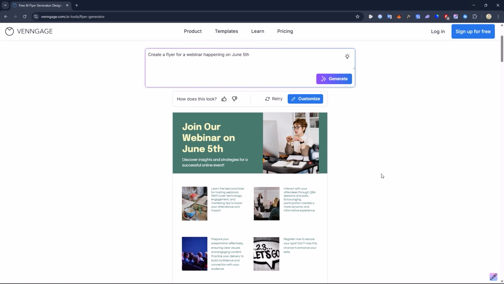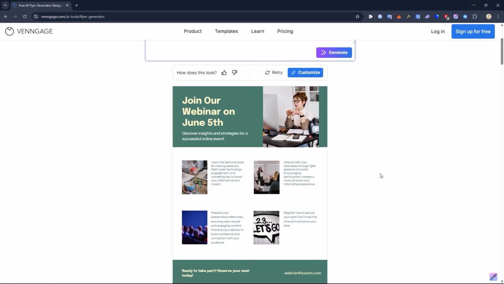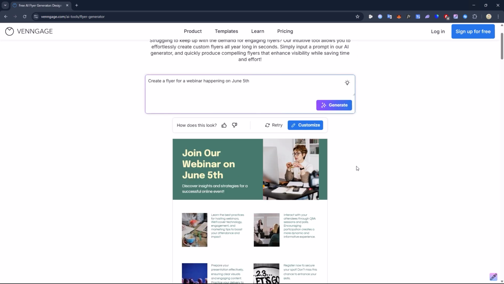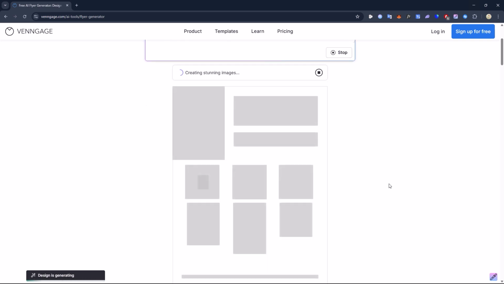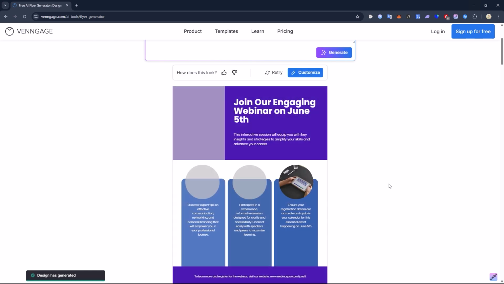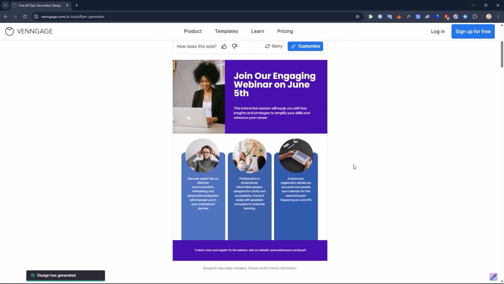So immediately, as you see, in less than 30 seconds, we have a flyer designed by the AI and it looks quite amazing. And if by any chance you didn't like the current design, you can just hit retry and the AI is gonna redesign another flyer. So let's just see the second design. So as you see, the second one is also interesting,